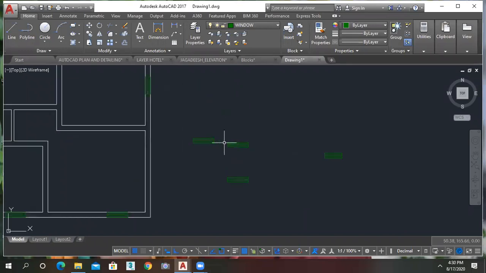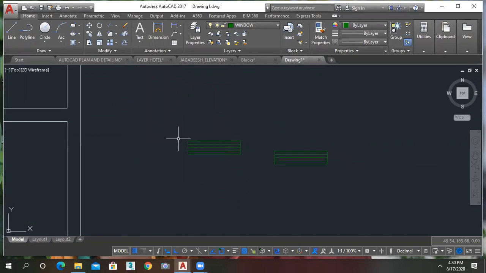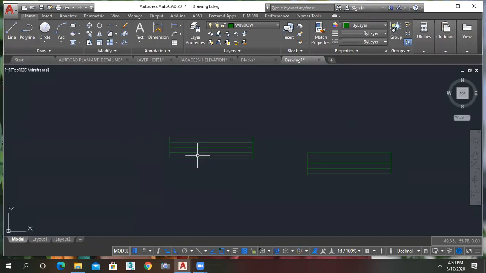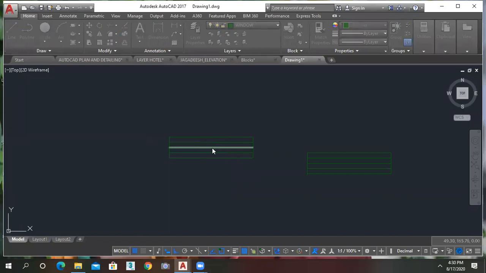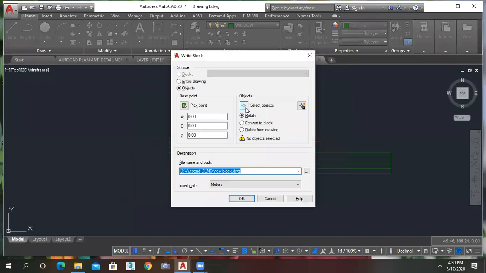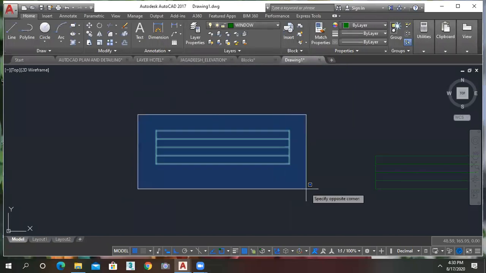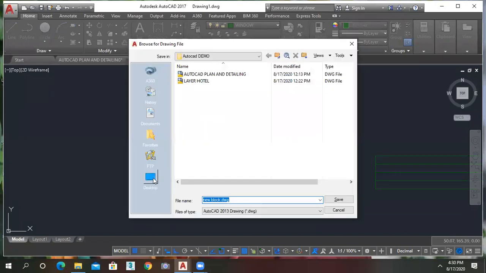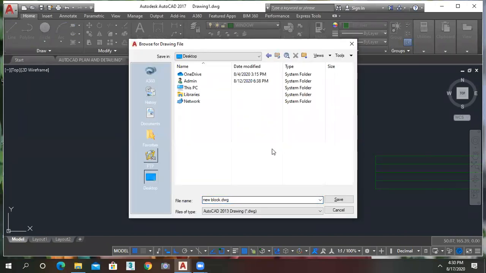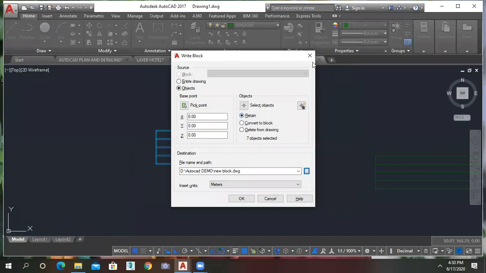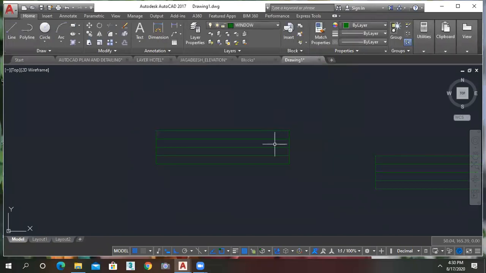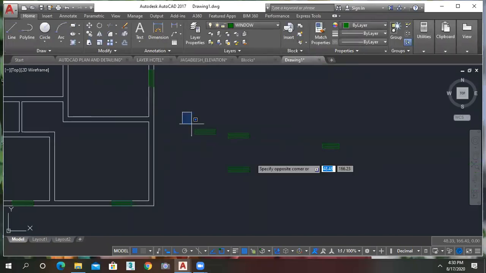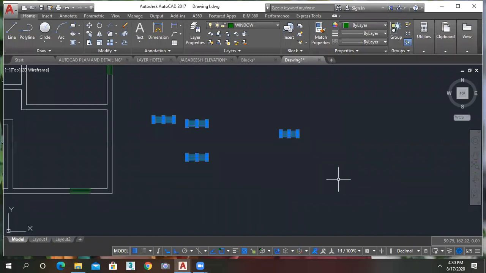Okay, so if you want to create it as a block, then you can create it and use it in the next projects also. Okay, B enter, or else you can go to W enter also. W enter, select the object. Okay, select this, and make it a separate file and then save it as a window like this, so that you can use it in the next project also. I just delete unwanted portions here.